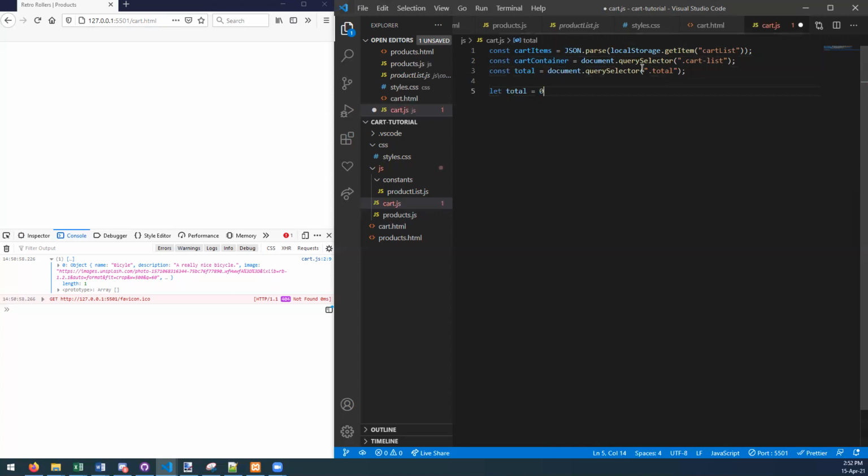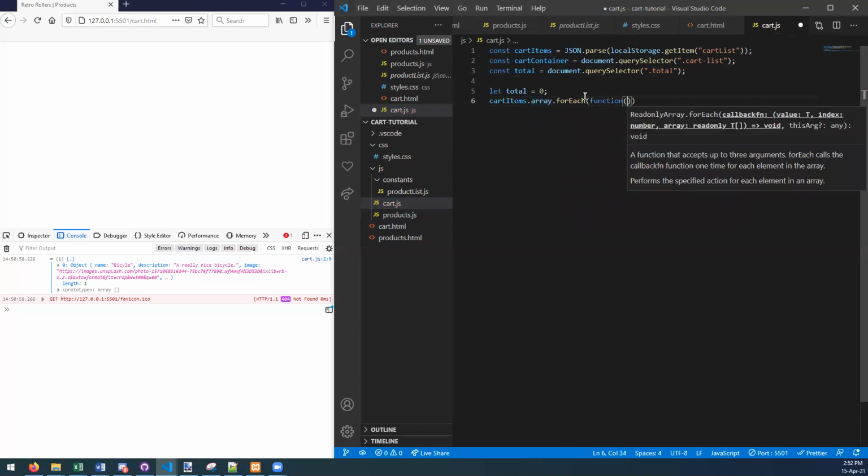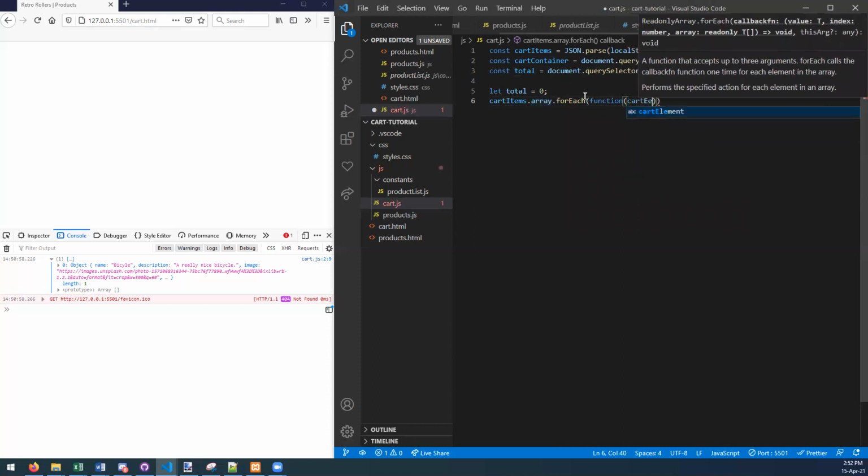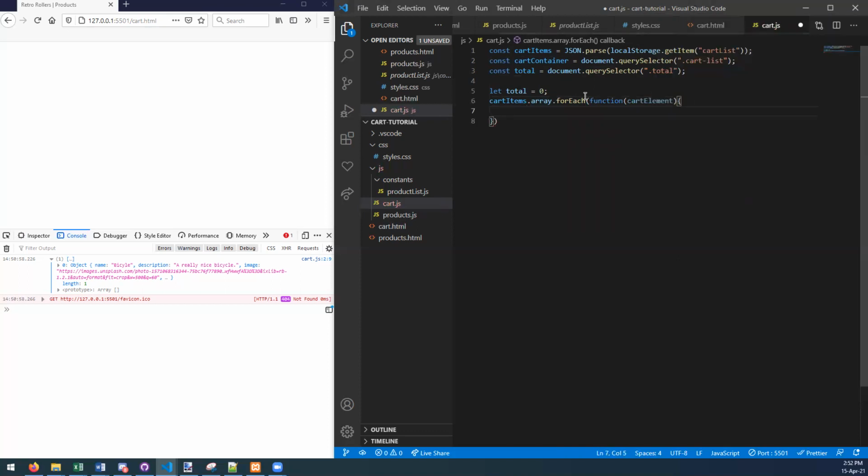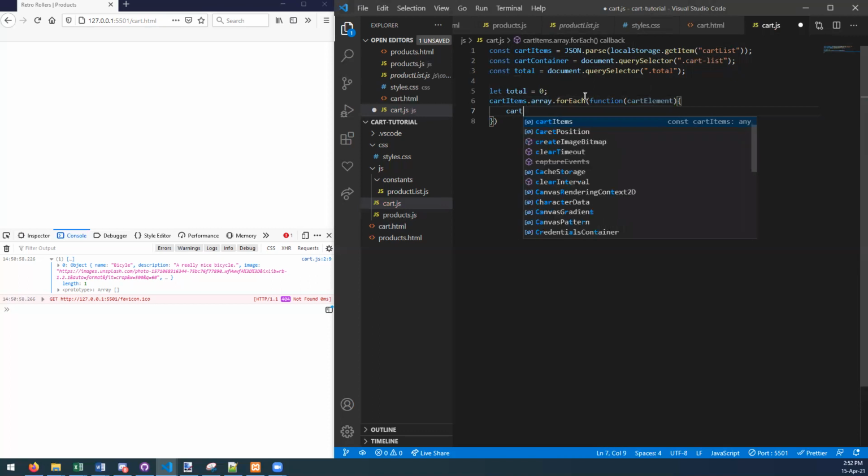Again, I'll let the total equal 0, and then I'm going to loop over the cart items. So I'll say cartItems.forEach, and I'll just set, somehow I prefer it, so function with cart element again, maybe a better variable name there, and again we'll say cart